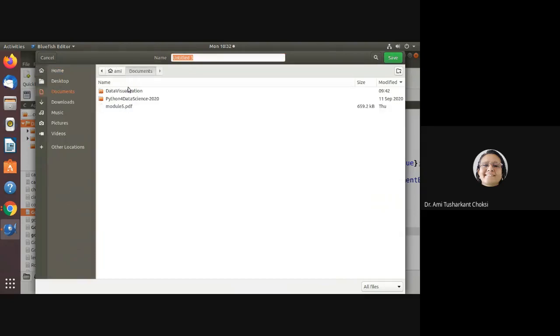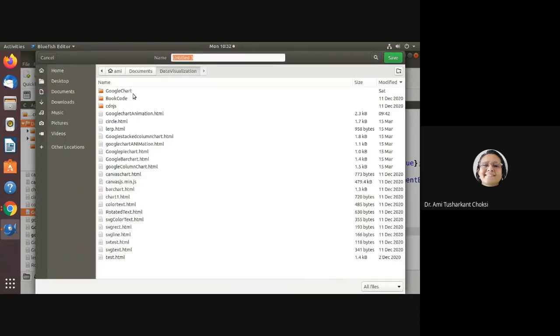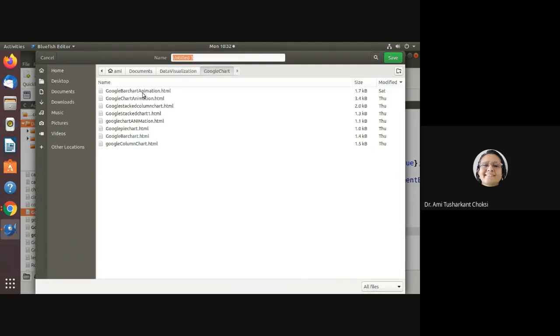Let me specify it here: google stacked bar chart dot html. Okay, save it.